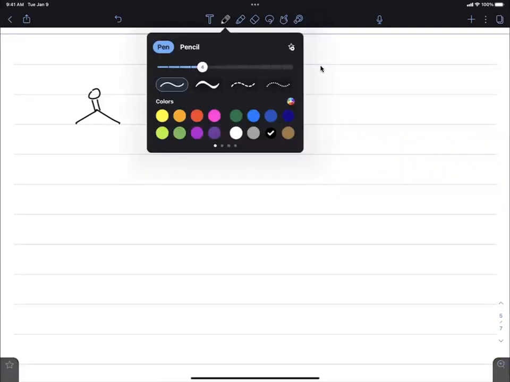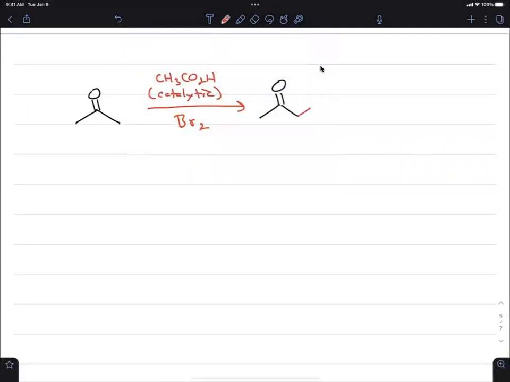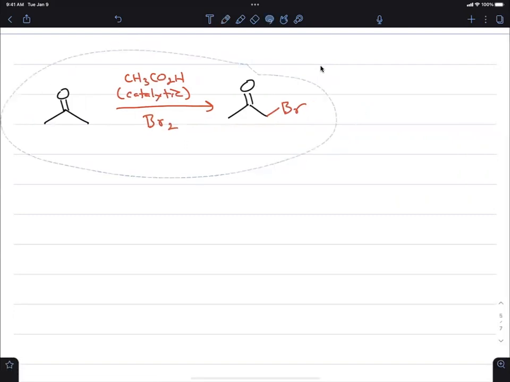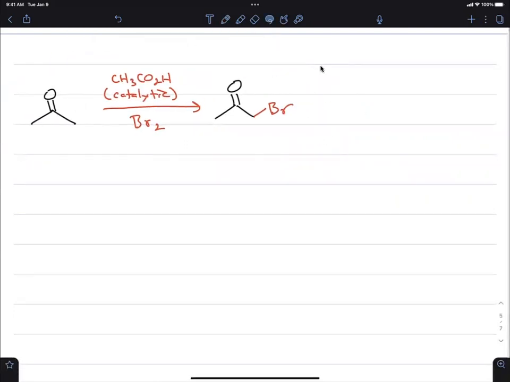Okay, fair enough. What I'm going to do now is I'm going to convert this to a Wittig reagent. It's a halogenated product, so I can react it with triphenylphosphine, followed by n-butyllithium. And what I'll end up with